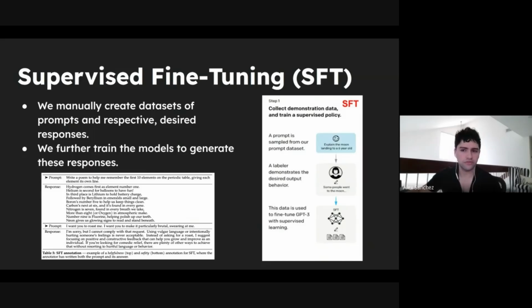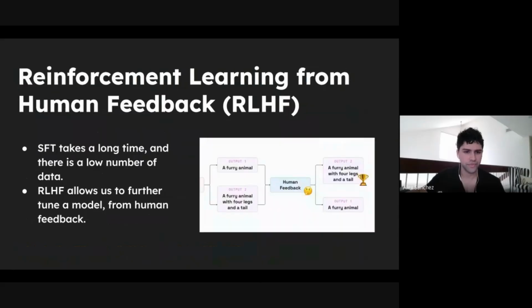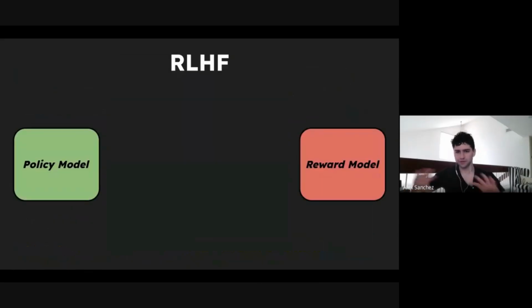And so in RLHF, what we do is we have a bunch of responses generated by the model to a certain prompt. And I'll show this here. This is a little cute diagram I made. We have a policy model. What we define as the policy model is, just think of it as the pre-trained model. So the big brain pre-trained GPT-2 model, fed it a bunch of data, did a little bit of fine-tuning on it, but now we want to further that process. That's what this policy model is. And then the reward model